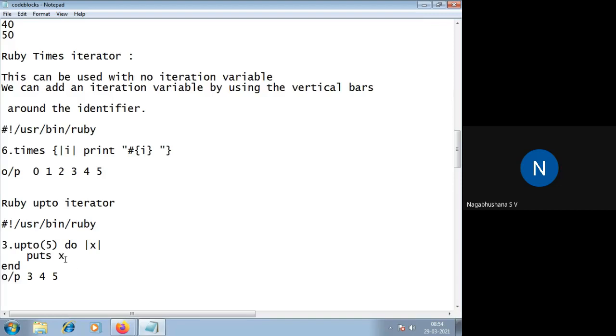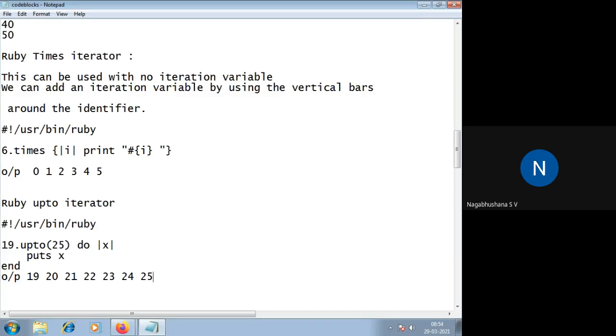So what happens here is x initially takes 3, and then it keeps looping till the ending value. Suppose I write 19 to 25, the output will be 19, 20, 21, 22, 23, 24, and 25.